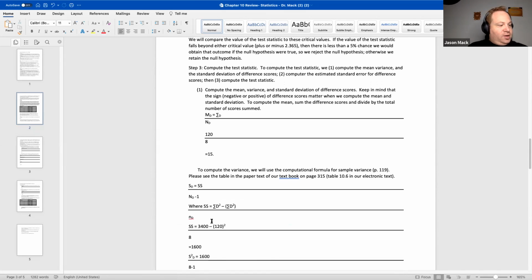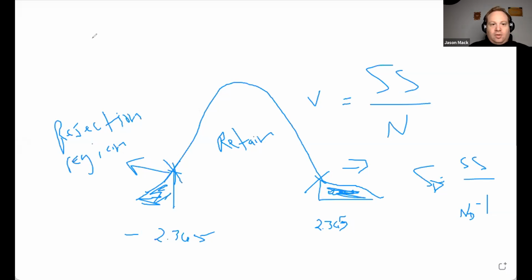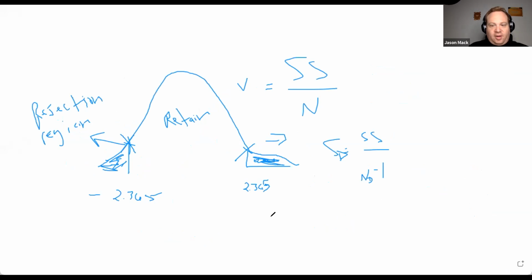And the formula for computing the variance should look kind of like this. Yeah, make this a little bit bigger. And I think I can probably write this down here. The sum of the squares is equal to S, so for the variance, the sum of the squares over the n difference minus 1, where